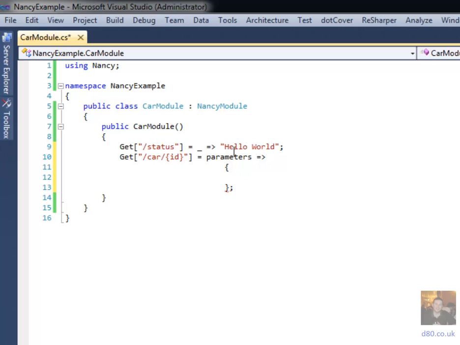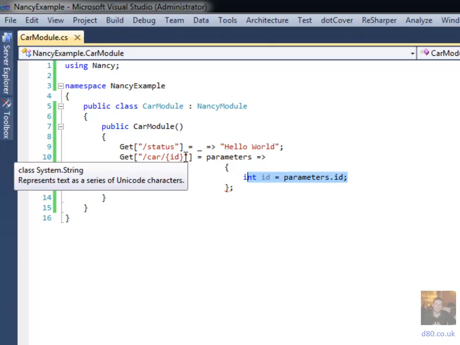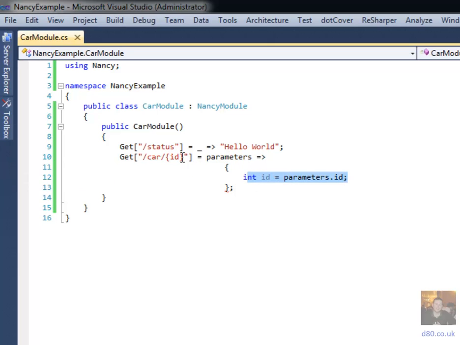But this parameters is a dynamic dictionary. It's really kind of magical, or it's at least very convenient. I'm just going to say int ID. Now, because Nancy's magic, it's applied the ID property onto the parameters dynamic dictionary, so I can literally do that. And if I were to add more parameters, it would just magically appear on them. So that's cool. And then I'm going to return